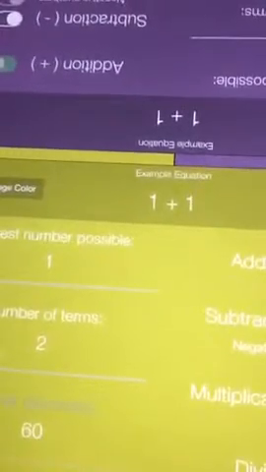Oh, about Educreations. Is that the one? Let me know if it's Educreations. I can show you. And then the other one is